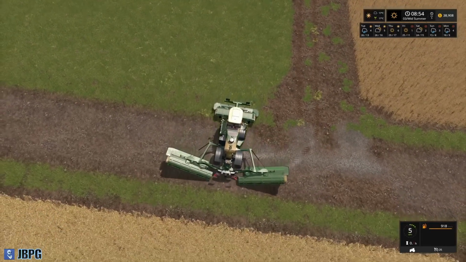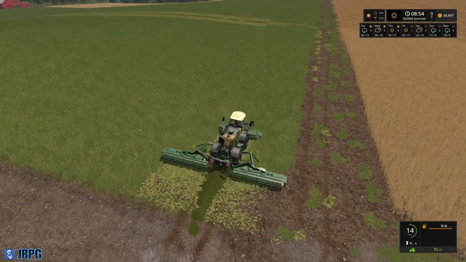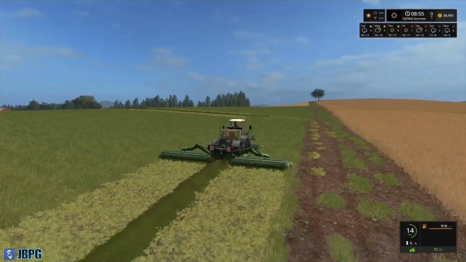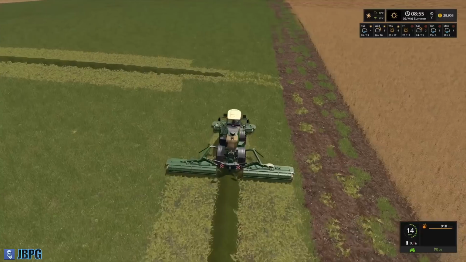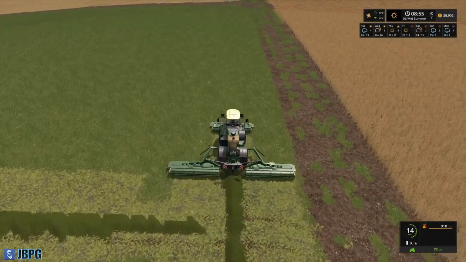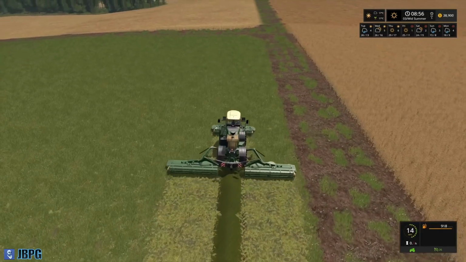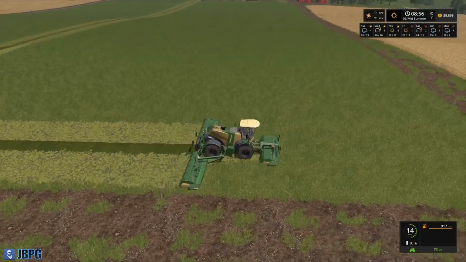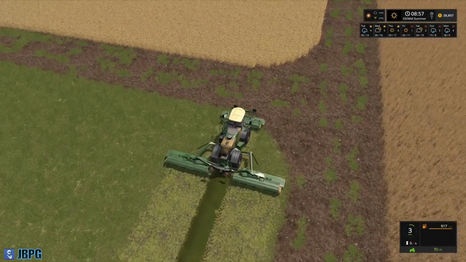There we go, that should do it. Get lower down, do a nice good smooth cut along here. Doesn't matter if I don't get quite to the very edge. And once again, once I've got the border in place, I can leave the worker to run on this, and then we can go and collect our loading wagon, our forage wagon,